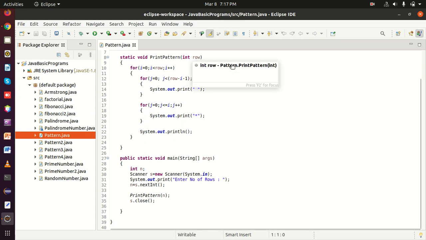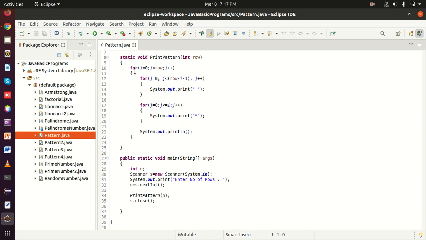Now I have declared a for loop variable. Loops are basically used to do repetitive tasks. If we have to repeat the same statement again and again, then it is always better to put that step within a loop. Okay, so for i equal to 0, i is less than row, i plus plus.